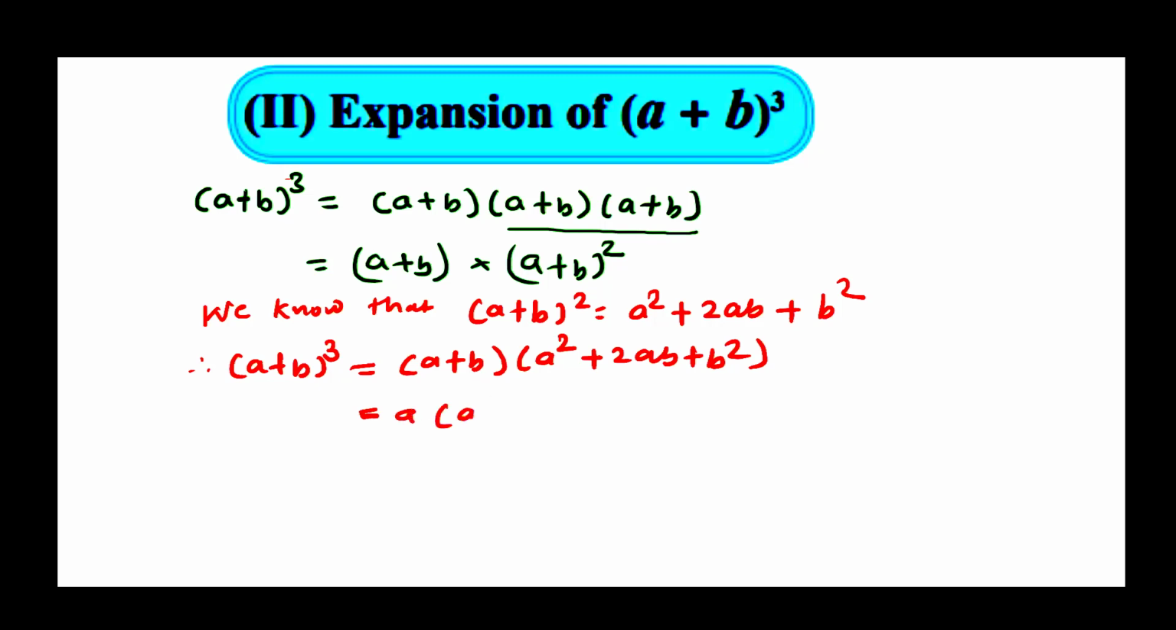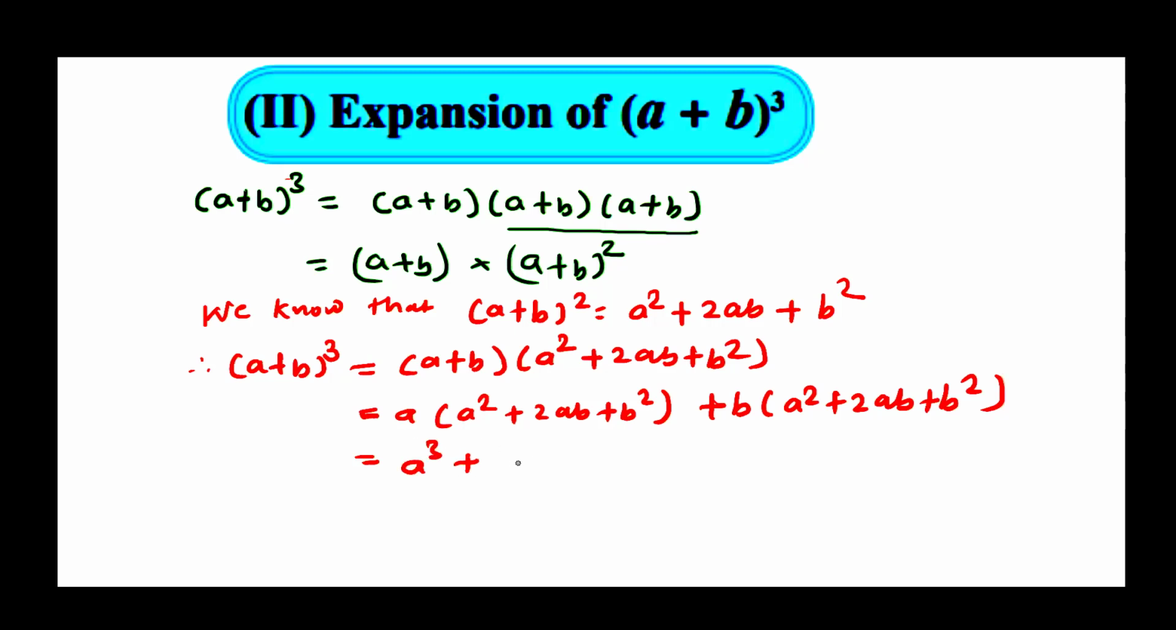a multiplied by (a square plus twice ab plus b square) plus b into (a square plus twice ab plus b square). a into a square means a cube, plus a into twice ab means twice a square b, plus a into b square means ab square, plus b into a square means a square b, plus b into twice ab means twice ab square, plus b into b square equal to b cube, is equal to a cube